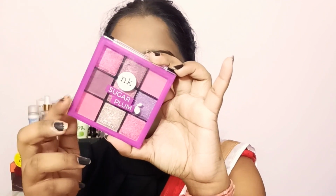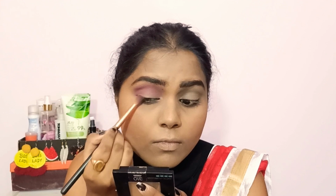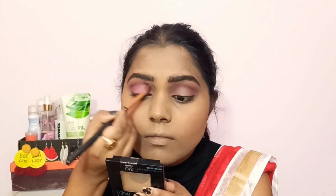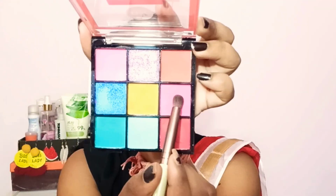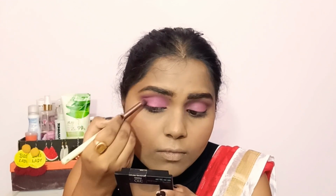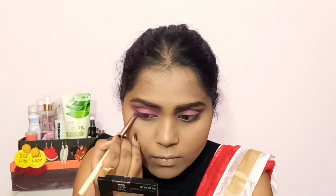So for the eyeshadow I'm going to use this Nicka K eyeshadow palette, and it's in the shade Sugar Plum. Taking this peachy pinky shade and applying this to the outer corner as well as in my crease. Taking this dark pink shade I'm going to apply it on my lid as well, and from the Birthday Cake palette from the Nicka K I'm taking this lilac violet shade and applying it to my lid as well as blending it to the crease, and then again applying it to the lower lash line to give a flush of